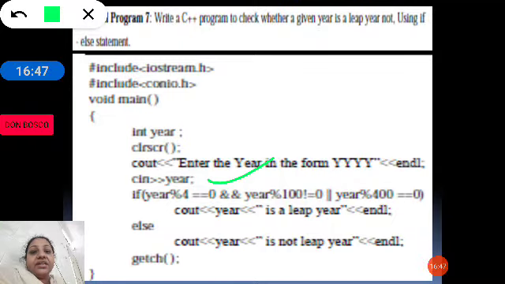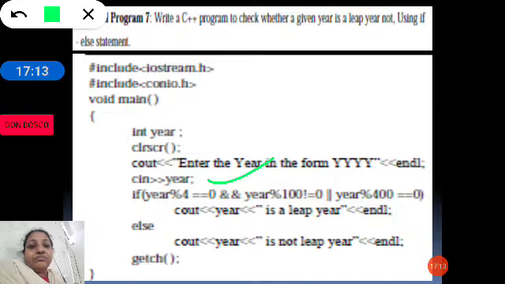Like that the next leap year will be 2024, next will be 2028, and this will go on. So that means we need to analyze that year. Once in 4 years we get a leap year.